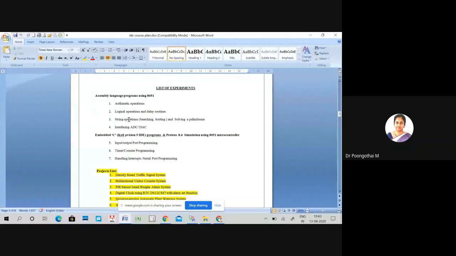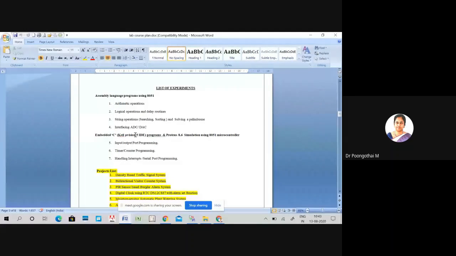So for the first cycle, we will be using the MCU 8051 IDE platform. For the second cycle, we will be using Keil Microvision 5 version IDE. Okay. So our first experiment will be a study of 8051 microcontroller architecture and a simple 8051 assembly language program.